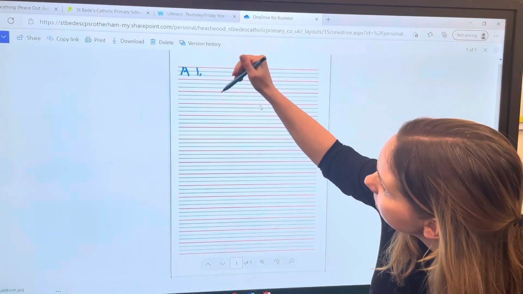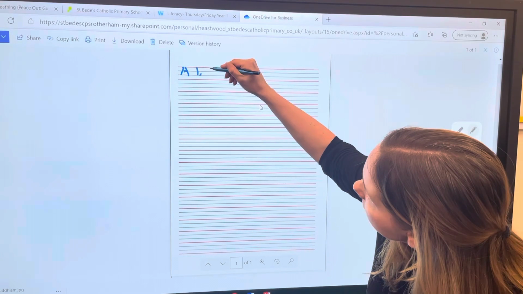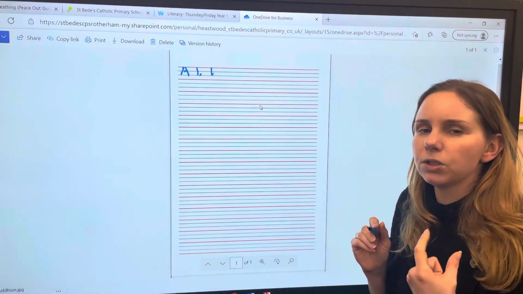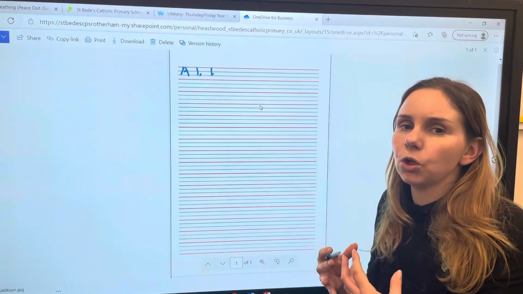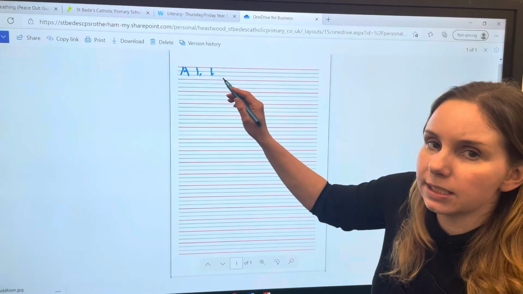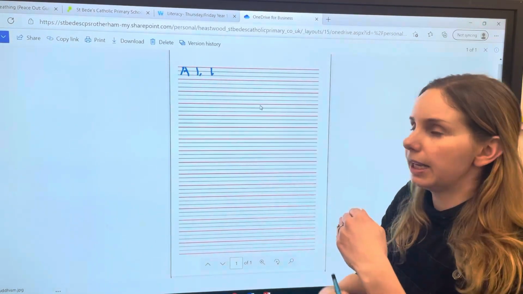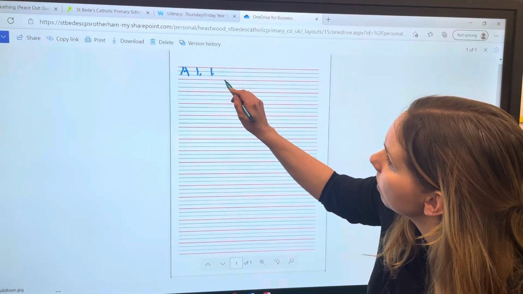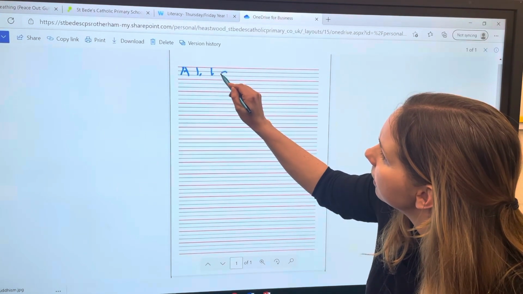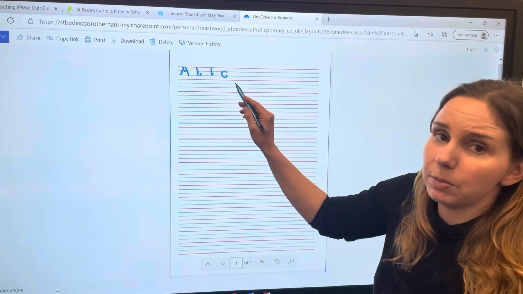And then we need, oops, that's not a very good one. Okay, I'm going to do that again because I stopped halfway. I forgot my joining line. Okay, it's really important that we get into those habits of the joining line for when we are ready to join our letters. Short letters, which don't have a tall part or a descending part, touch the top grey and the bottom grey. So like the letter C, it would just say, whoops,